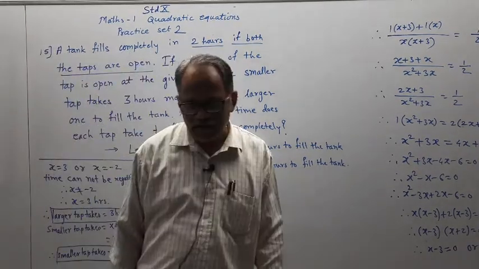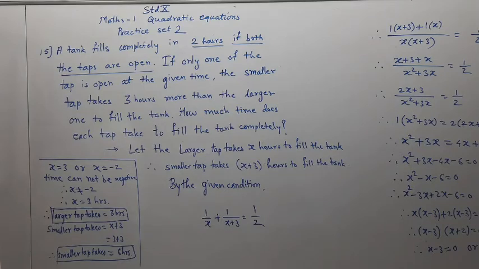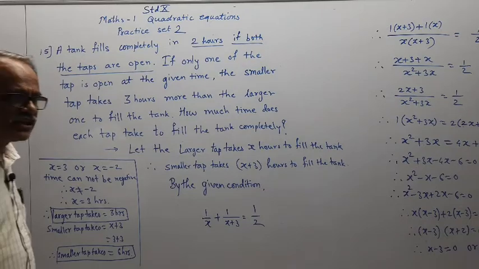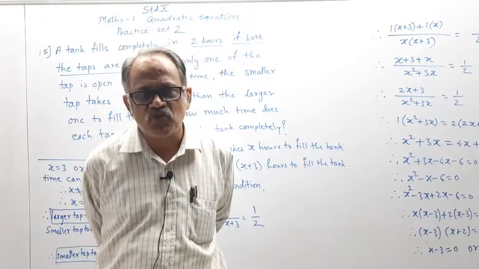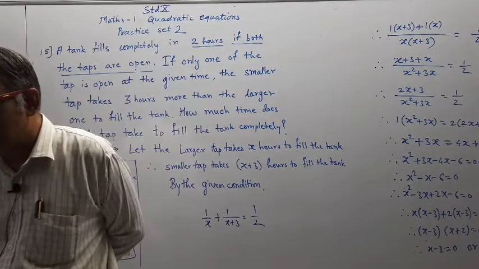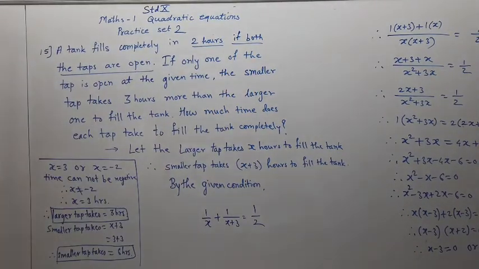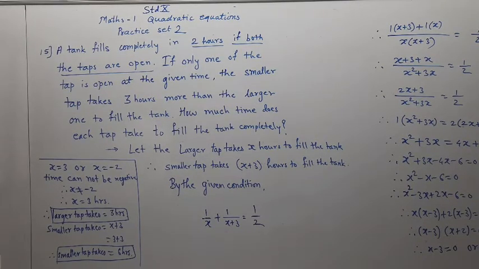If alpha and beta values are given, it is easy to find, but sometimes alpha plus beta and alpha square plus beta square or alpha cube plus beta cube are given. For that we learned the formulas. Alpha square plus beta square is (alpha plus beta) whole square minus 2 alpha beta. Alpha cube plus beta cube is (alpha plus beta) whole cube minus 3 alpha beta into (alpha plus beta). Using those, we have solved the sums even in the last exercise problem set.